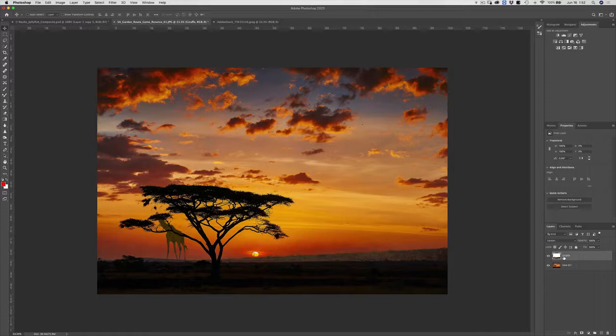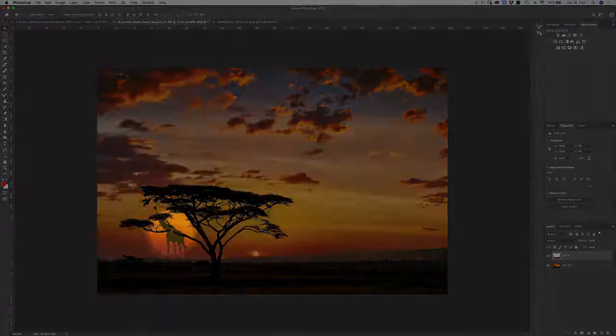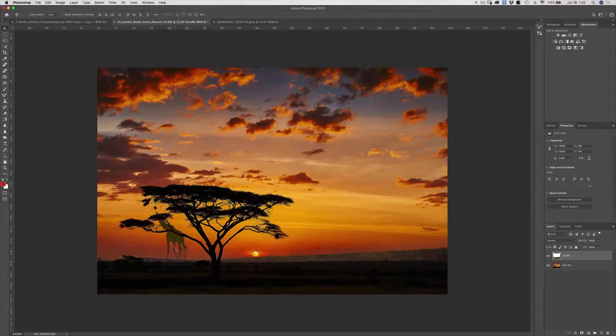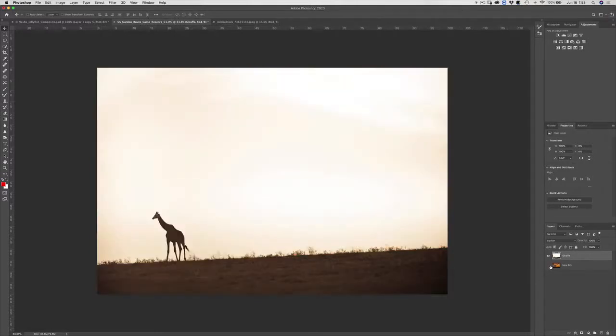With my giraffe layer selected, I want to do two things. The first thing is, while I do see the giraffe over here underneath the tree, it's a little bit milky in its color, and it doesn't necessarily match the contrast of the underlying image. What needs to happen is my giraffe layer needs to be more contrasty. So the whites need to be brighter and the dark tones need to be darker. So I call that polarizing this giraffe layer, okay?